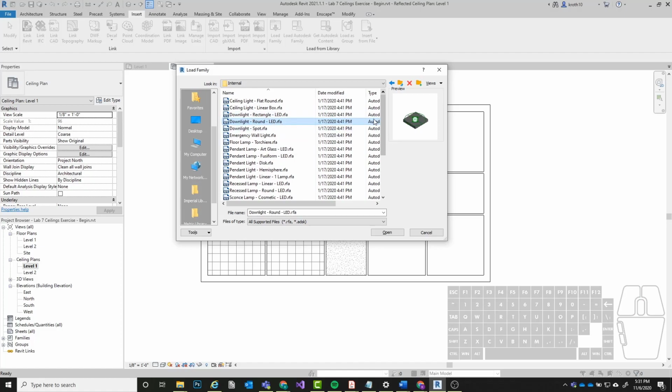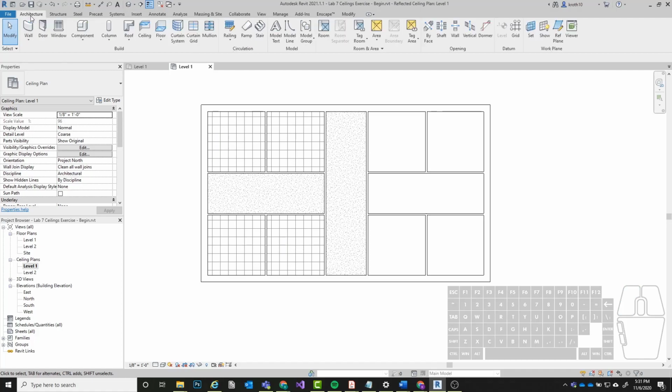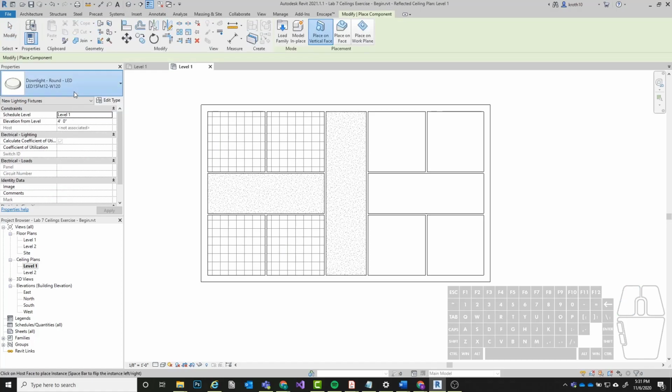All right, let's try this downlight round LED, and then hold Control and then click on the Troffer light so that we're getting both of those. Let's see, hopefully it'll insert both at the same time. And then it doesn't look like anything happened, but if you go back to the Architecture tab and then click on where it says Component, that will take you to